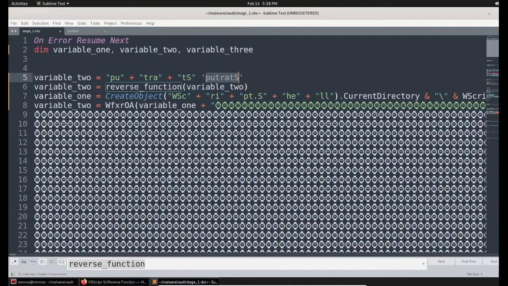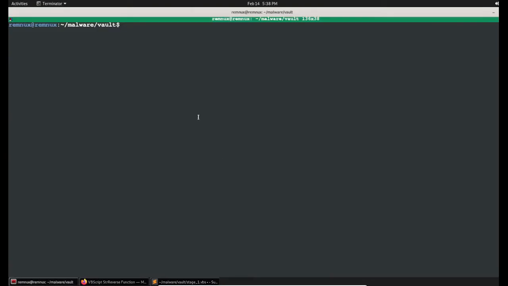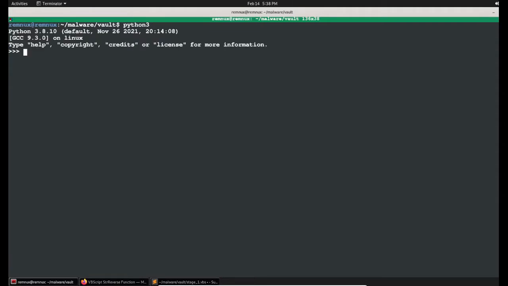So let's try to reverse this word. I'm using Python 3 this time to reverse, and inside the Python 3 command line, I can simply paste the string that I need to reverse inside single quotes. And to reverse the string, I'm using square bracket colon -1. If I press enter, I get the reversed string.